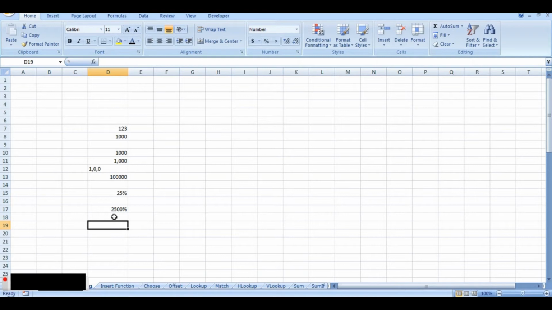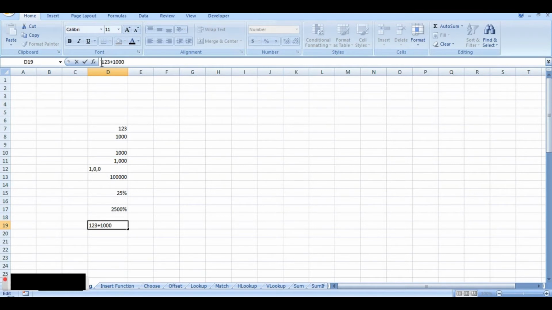So moving ahead, if you want to do some mathematical calculations in Excel, we all know Excel is basically a tool for mathematical calculation and analysis. Say for example I want to add 123 to 1000. Press enter. It doesn't give me any answer. Why? Because I have not put Excel into calculation mode. How do I do that?